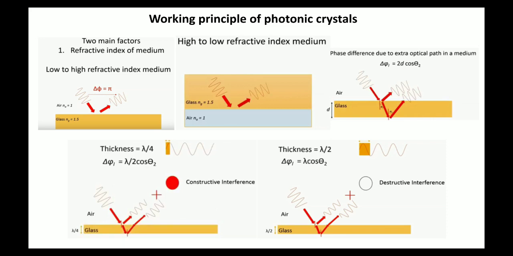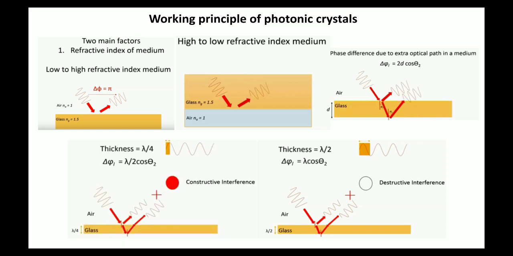So in image 1 you can see I have shown the glass. The yellow colored square you can see is a glass. The refractive index for the glass is 1.5. The refractive index for air is 1. So there you can see a glass slide, and we are looking at the glass slide from the horizontal view, from the side view.